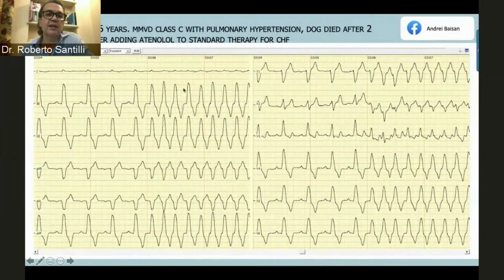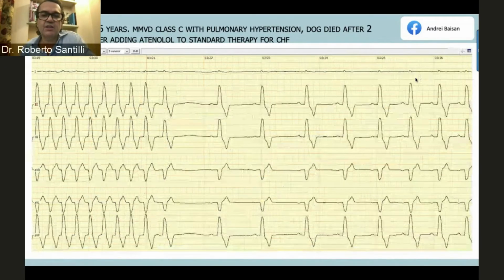So I want that now 1, 2, 3 and aVF should be similar to V2 to V6, and then aVR should be very similar to V1, and that was the case. So it's a very interesting case. Thank you so much, because bifascicular block in dogs is less common than in cats with myocarditis.